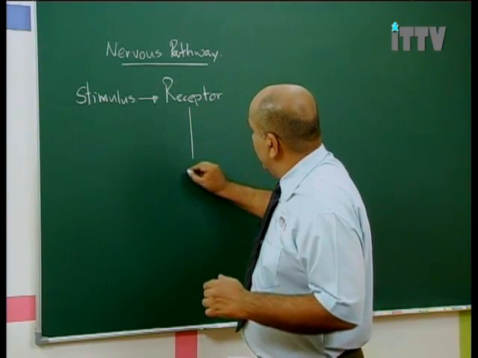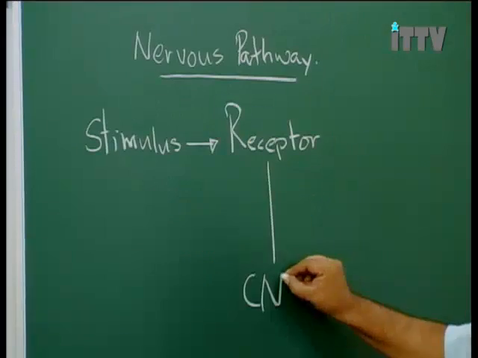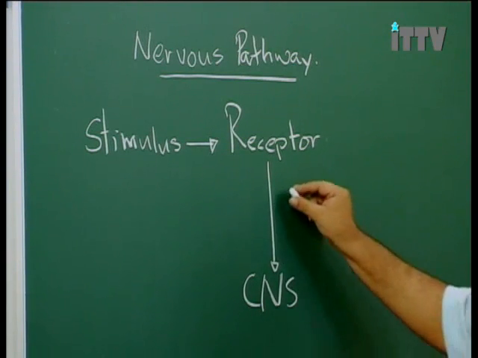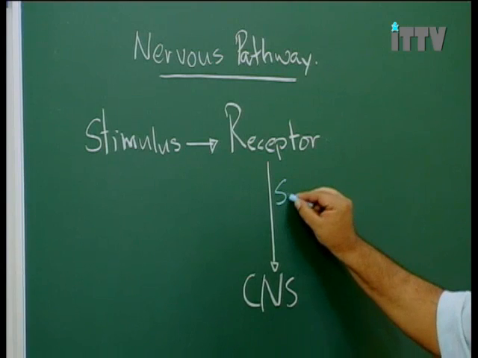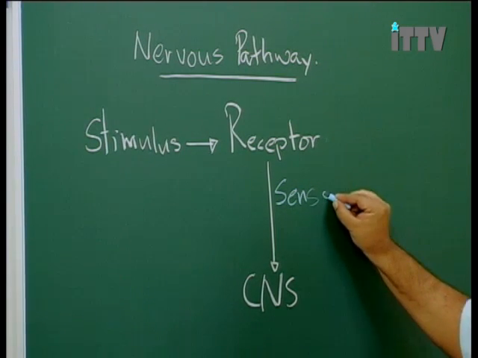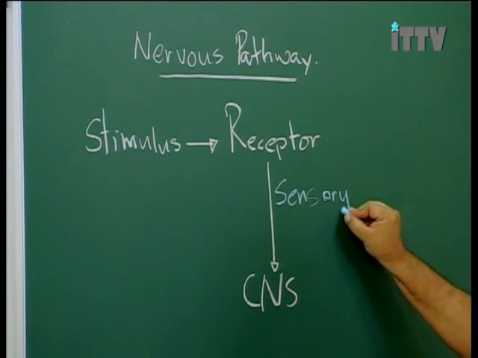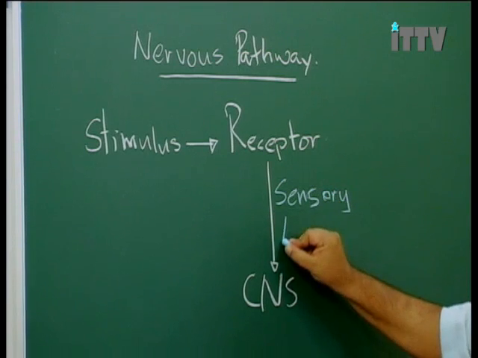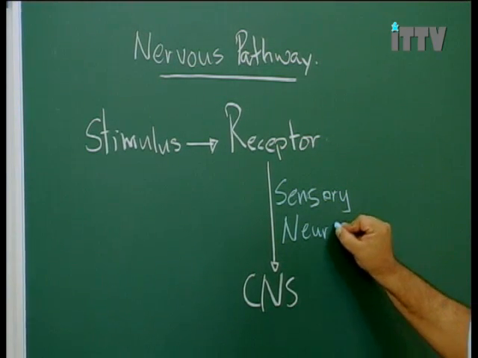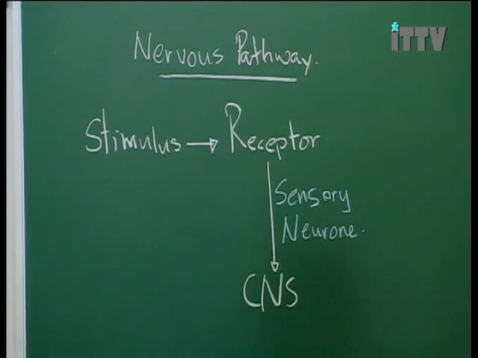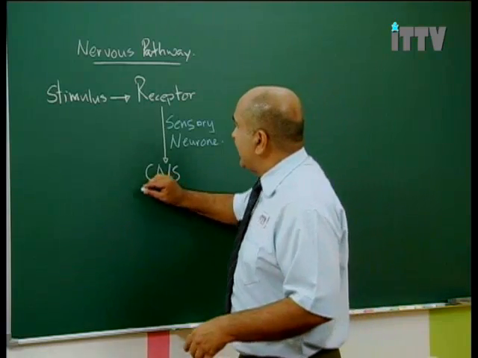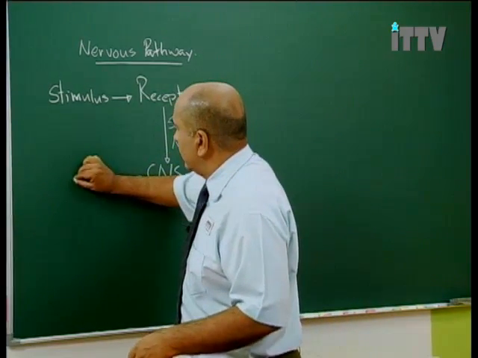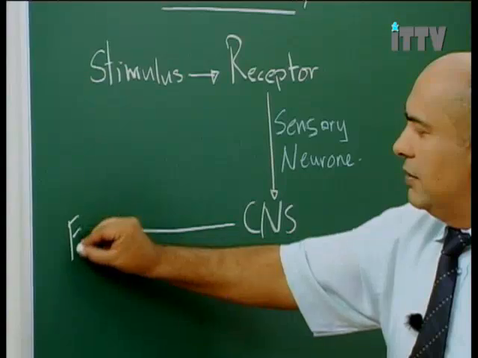So this message will go to the CNS, and it'll be carried by the sensory neuron. Now, in the CNS, we'll do our analysis, we'll do our interpretation, and then we send the message back to the effector,